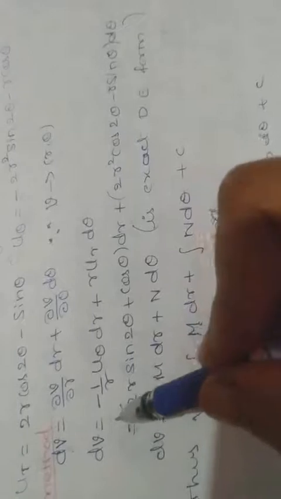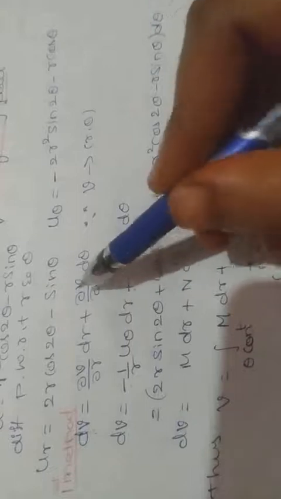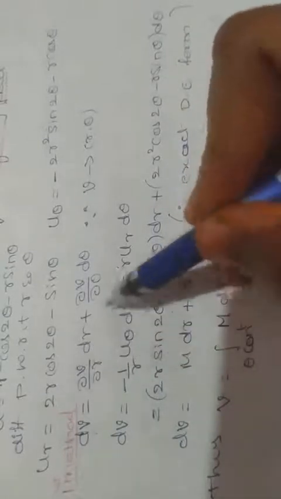We don't have v_r and v_theta, but by using the CR equations we can replace the derivatives of v in terms of u. Partial v by partial r is minus 1 by r into u_theta, into dr, plus partial v by partial theta is r u_r, into d theta. See, r u_r is equal to v_theta and r v_r is equal to minus u_theta, so v_r is minus 1 by r into u_theta, just replaced by using the CR equations.